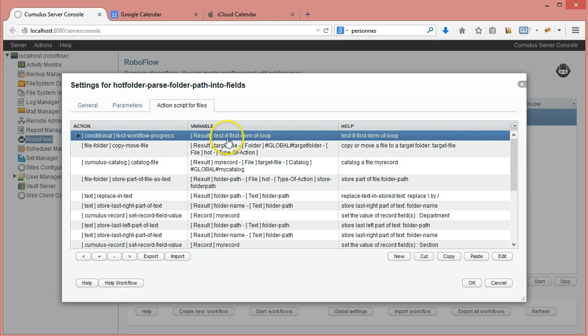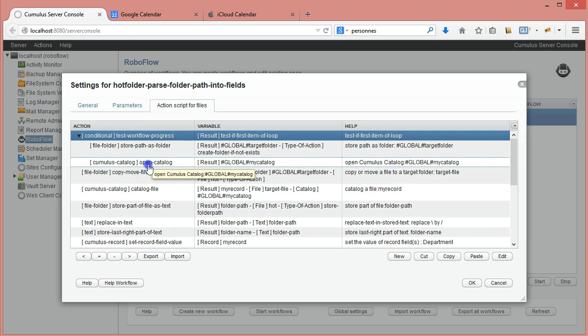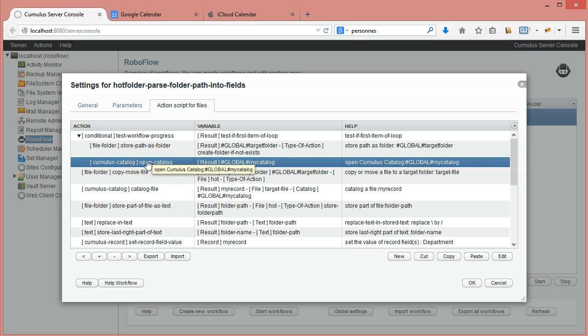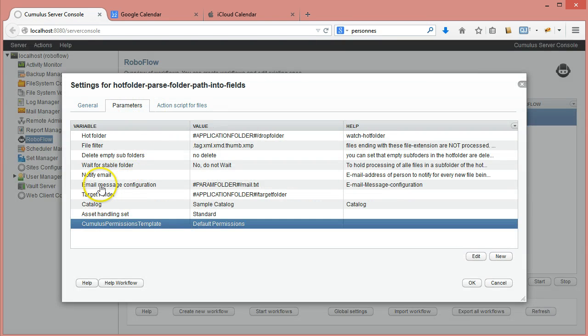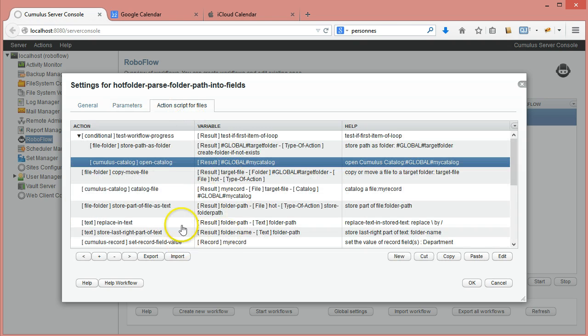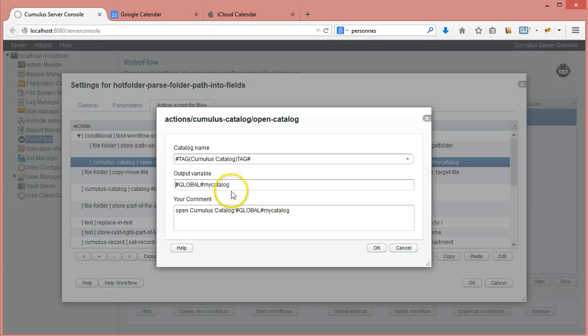Basically, I start by testing if this is the first file in this loop that is being processed, because I'm going to open the Cumulus catalog, and I don't want to open the Cumulus catalog for every individual file. That would be stupid. If somebody drops 50 files, then you would open it 50 times. So I'm actually opening the Cumulus catalog only once. I'm not selecting, which I could do here, which catalog I want. I always try to keep the catalog outside the script, so I've defined here the catalog name, a variable, and I'm using that variable here to get the Cumulus catalog, and then